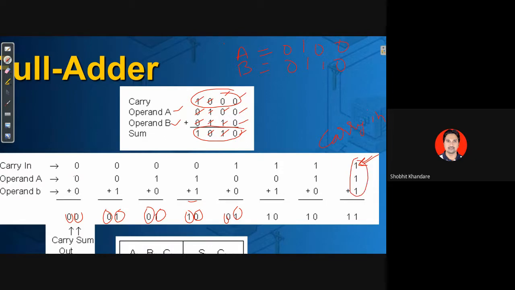So in half adder, addition of 3 bits was not possible. That is why full adder has been generated, so that I should be able to add 1 plus 1 plus 1. हाफ एडर में ये प्रोविजन नहीं था. ओके, हाफ एडर में प्रोविजन नहीं था. Again, take the example. If you have to add 1 0, but the carry is generated from the previous addition, then here also you have to add 1 1 0.